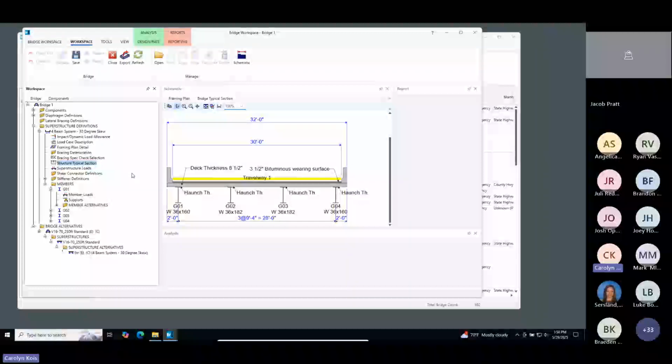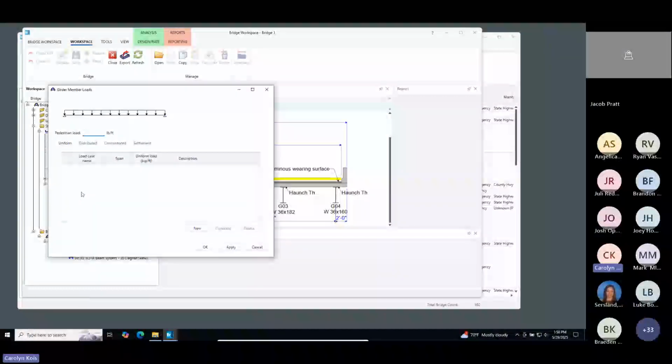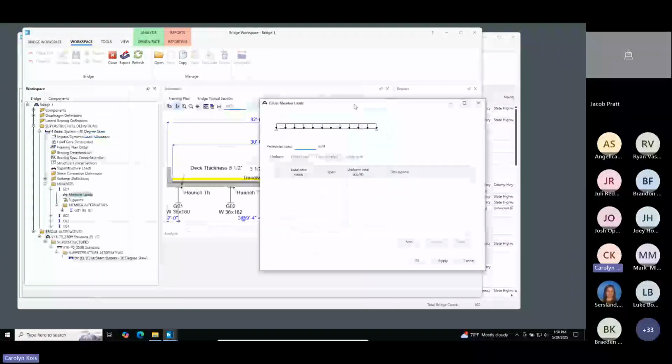So the software will use all of these elements that are modeled here and compute the weight of all of those. So girders, deck, parapets, wearing surface, all that other stuff, all of that dead load will be computed by the program. But if we want to add an additional load that's not included in any of that, we can do that here. And so for this example, we'll go to the member loads tab,